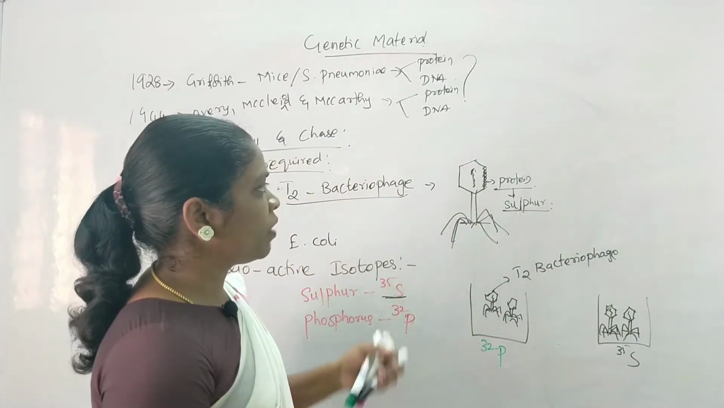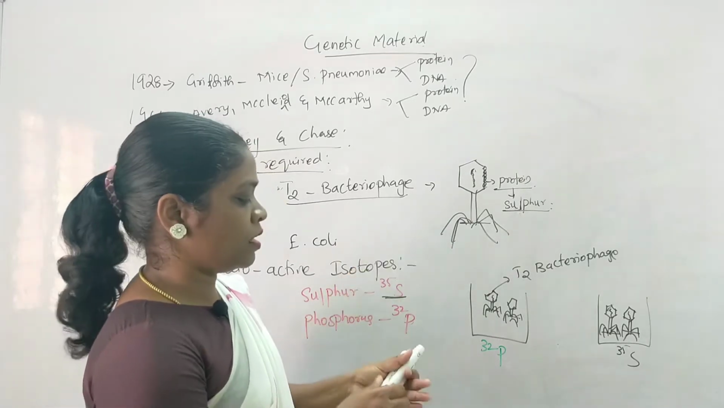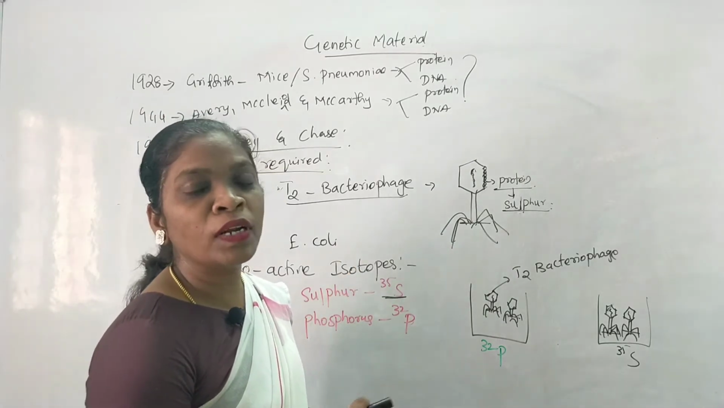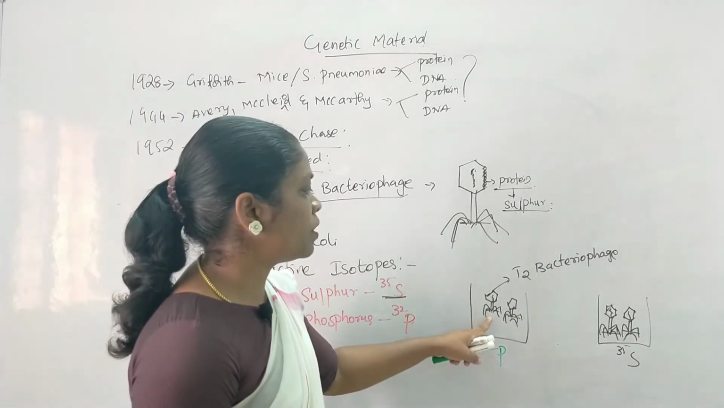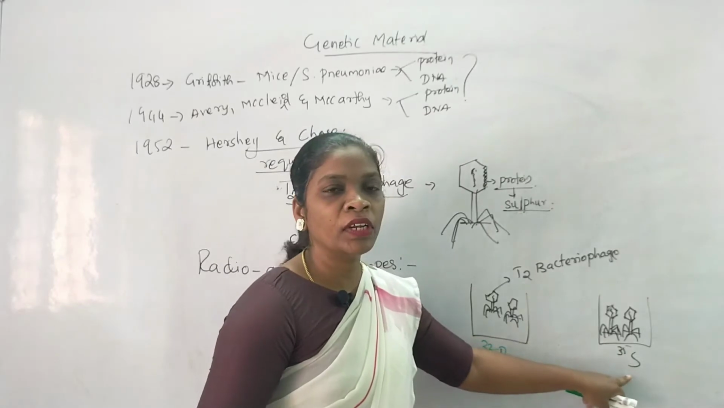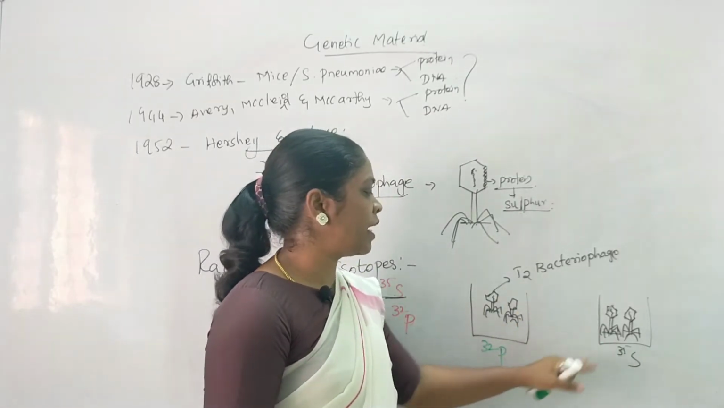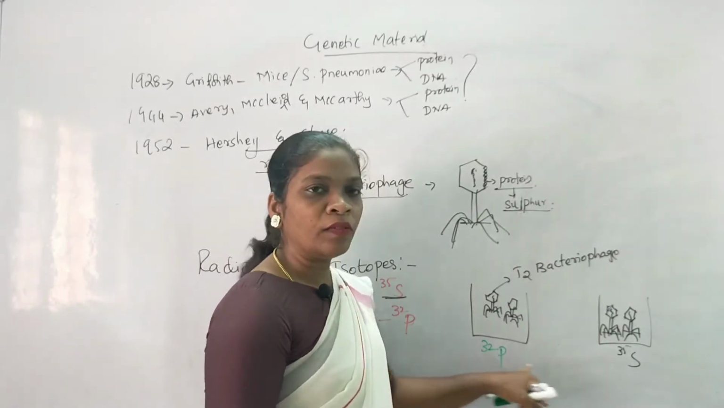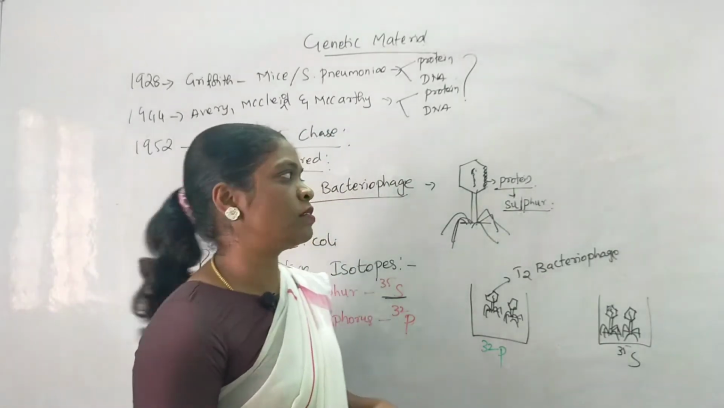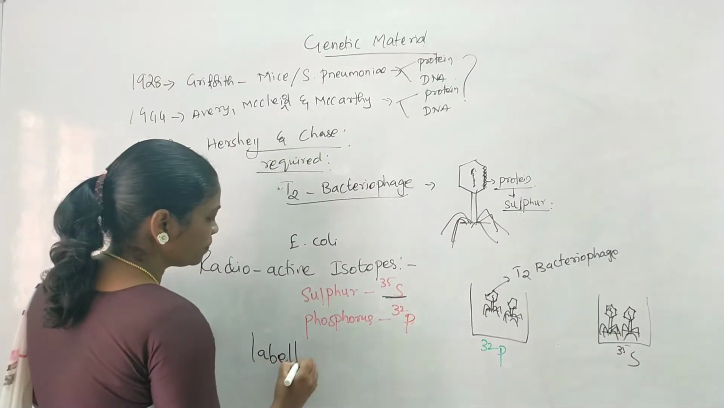So what happens when they mix this labeled bacteriophage? What is the meaning of labeling? They have labeled the protein and DNA of these T2 bacteriophages with radioactivity, that is nothing but sulfur and phosphorus. So these T2 bacteriophages which are labeled with radioactivity are known as labeled bacteriophages. So what they have done, they mix these labeled bacteriophages